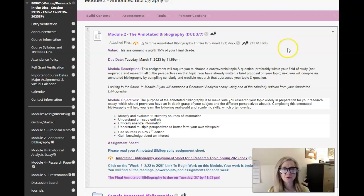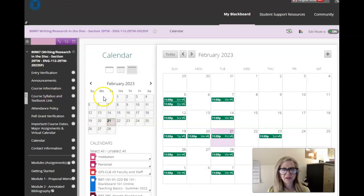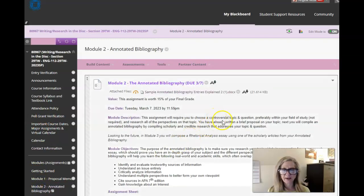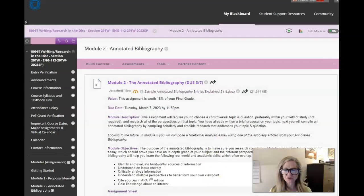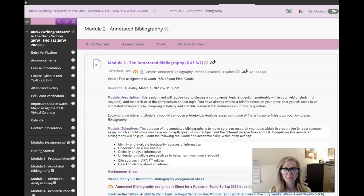I just want to remind you all about this calendar that I know most of you use. I'm going to click on this calendar. Just be aware that you really want to go and look at your Blackboard each week for the due dates, because that's a more complete picture of what we're doing. So in the future, don't rely so heavily on that calendar. All right,